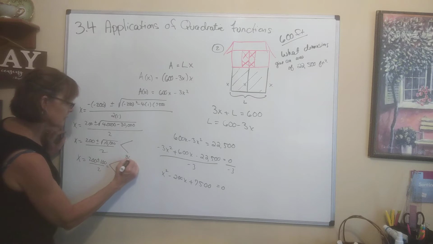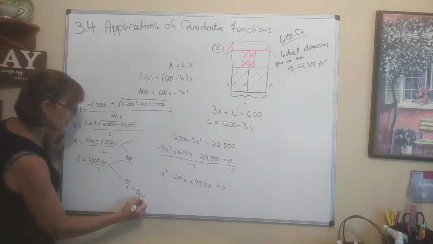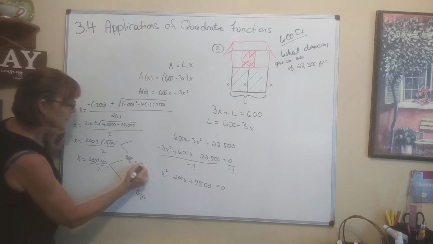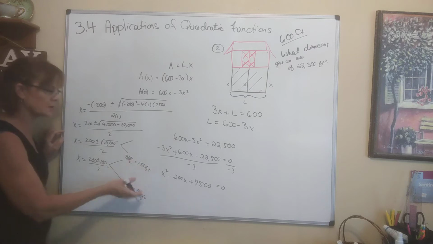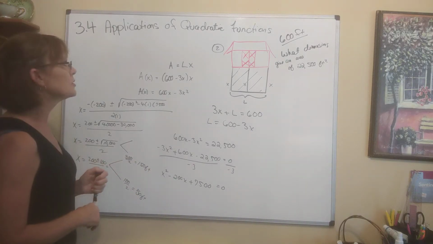200 plus 100 is 300 over 2. 200 minus 100 is 100 over 2. This is 50 feet. This is 150 feet. Okay, these are my 2 dimensions right here. All right, so what I'm going to do here is,